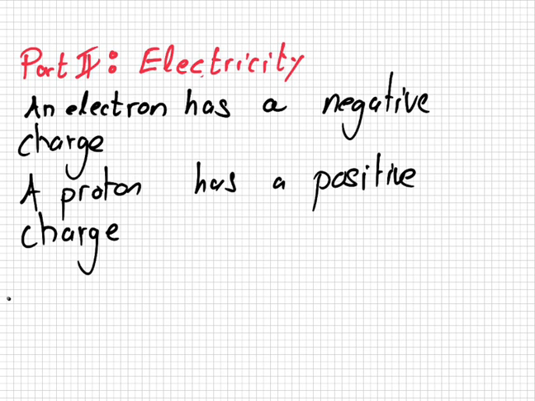Okay, so I will just say that an electron has a negative charge, a proton has a positive charge, and the unit we use